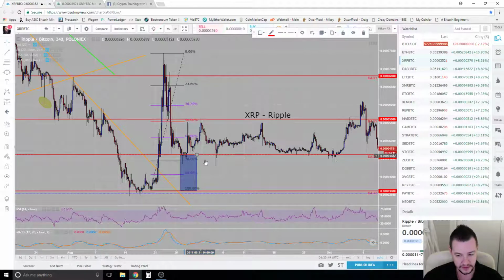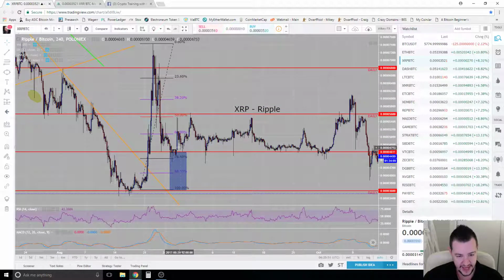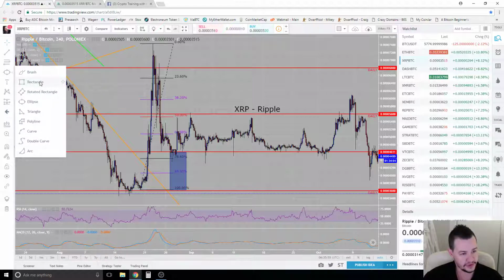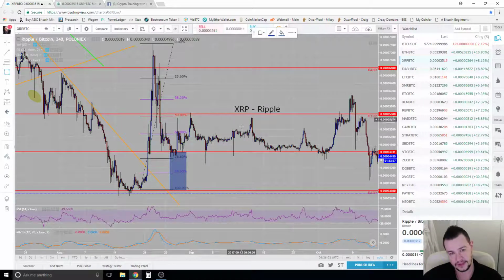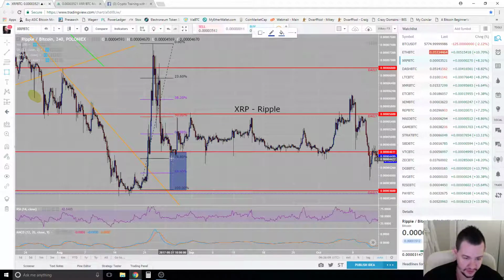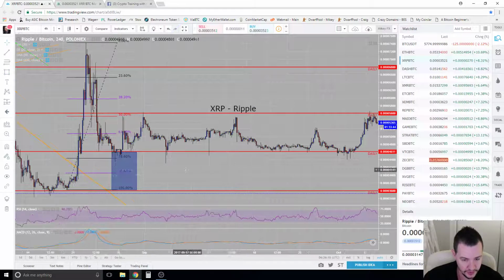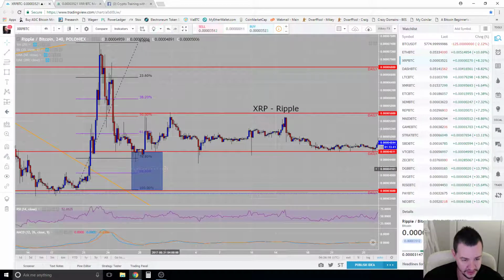Pretty much drawn from a candle wick to a candle close. Okay, and that kind of gives you a buffer between not having to use support and resistance level alone. It gives you a bit of a buffer, and depending on which way you're going to go about it, for example, if we were to say, so basically you take the wick of the candle. I'll just get rid of this, for example,